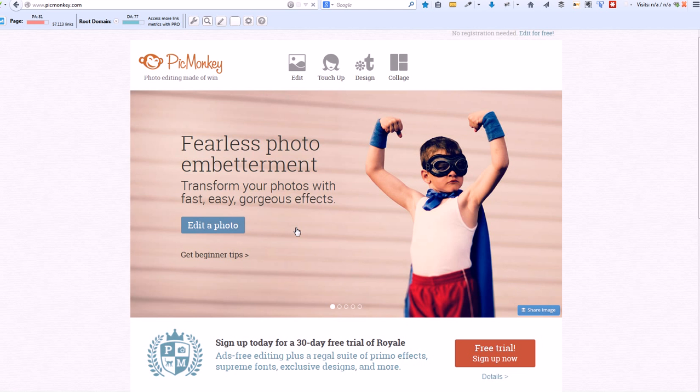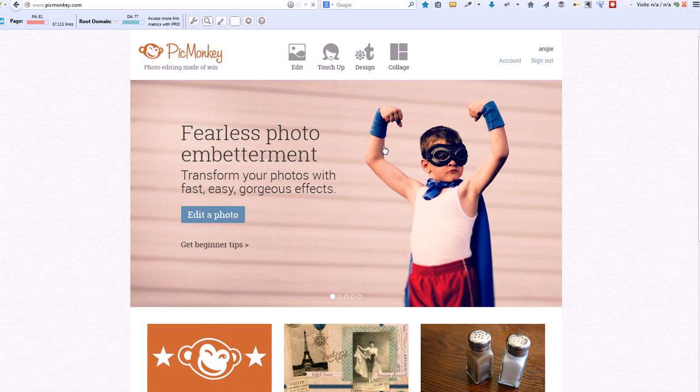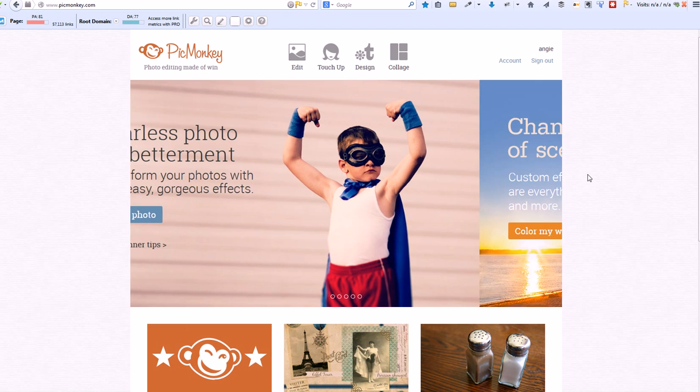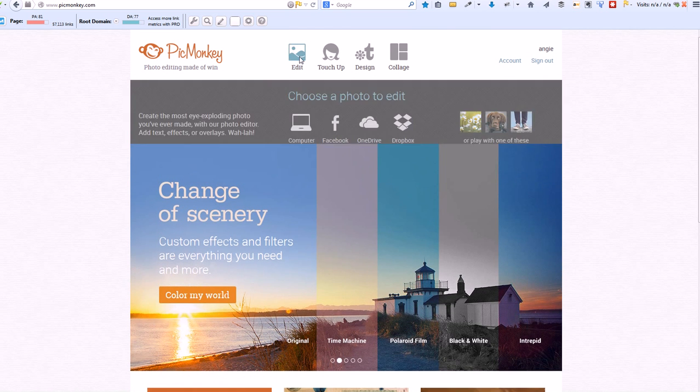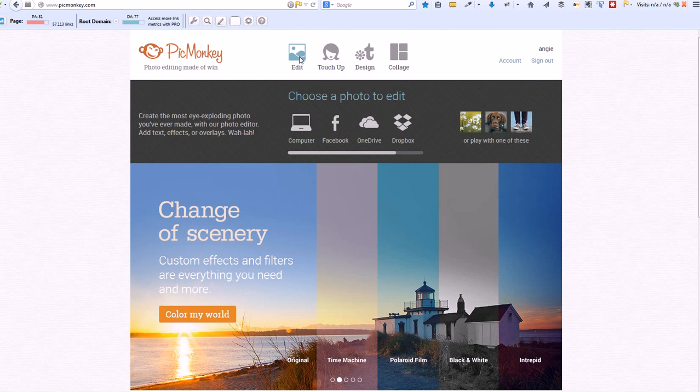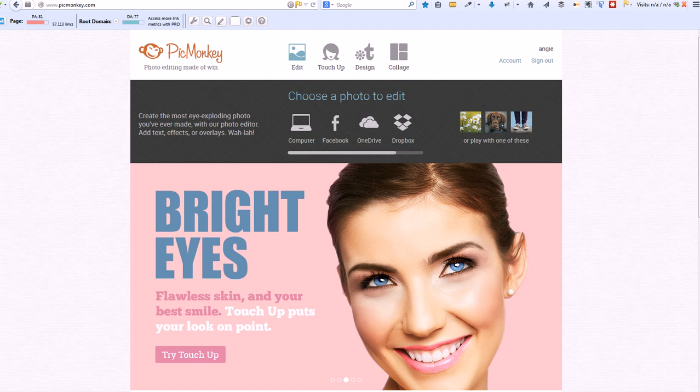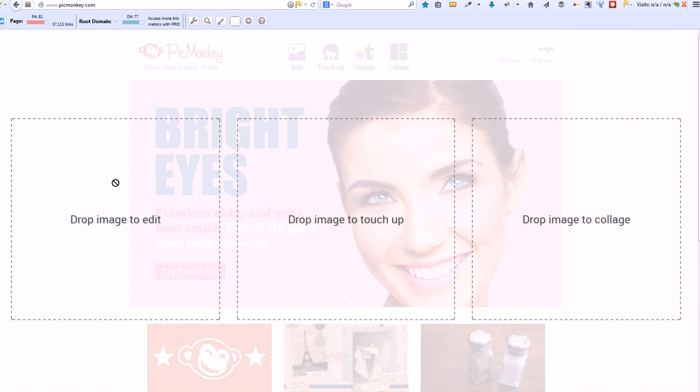and visit picmonkey.com. Now PicMonkey, you have a lot of options, and I'm already signed in as I've got a paid account, but the free account will offer you very, very basic capabilities which are fine when it comes to editing an image. So the first thing we're going to do is choose to edit an image, and I can drag and drop. So I've got an image that I've already found that I want to adjust, which I'm going to drag and